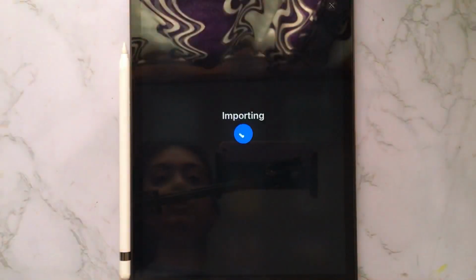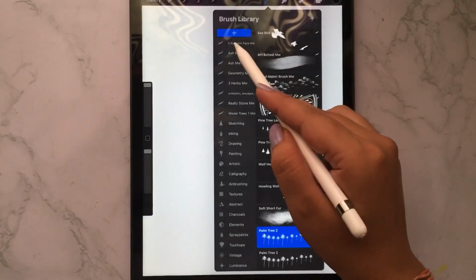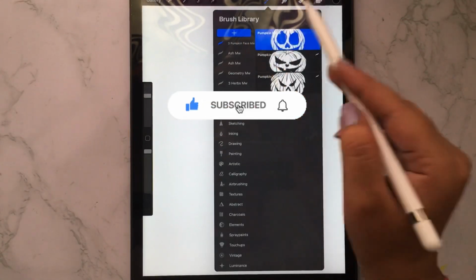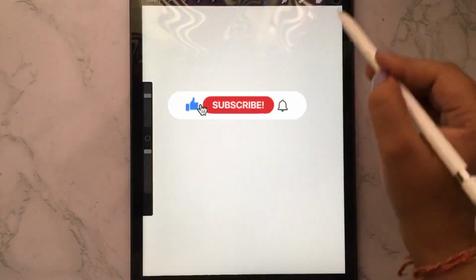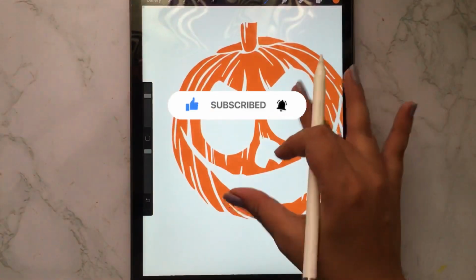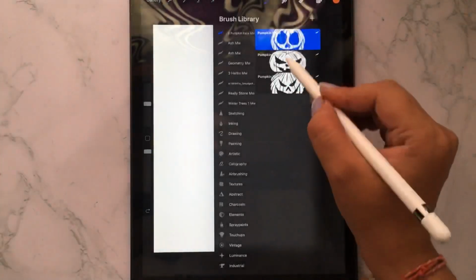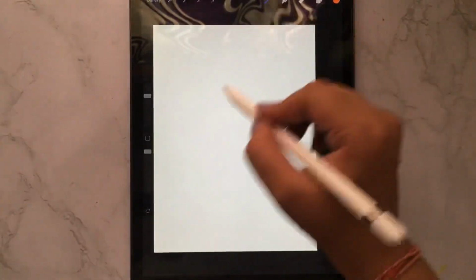So go to Procreate and select the layer, and you can get it over here also on the upside. See, I will select this orange shade. There are 3 stems in these brushes.